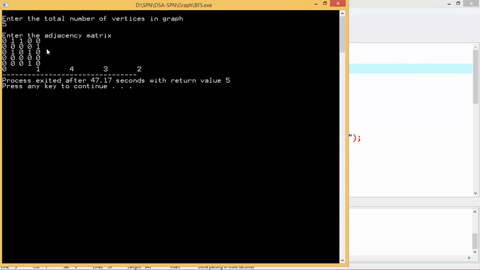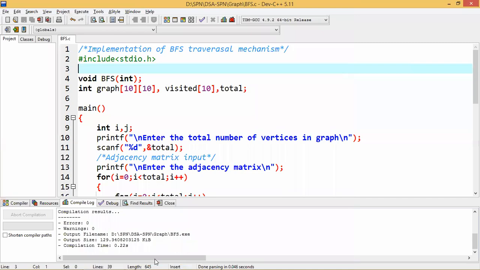I'll suggest everyone check this adjacency matrix. The graph is already there, you have already done it, but draw the graph from this adjacency matrix. Anything that is 1 means a direction is there. So put the direction, find the graph, apply the procedure we discussed in the slide, and then check whether the answer is correct or not. So this is all about your BFS traversal.